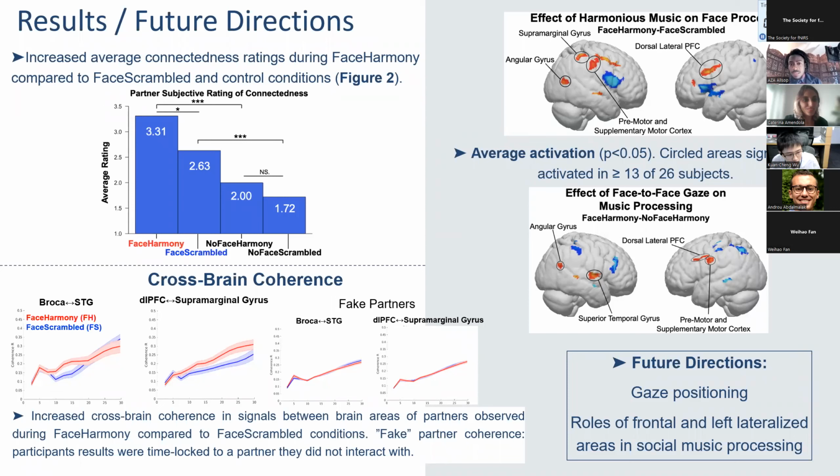And if you look at the GLM, we see that certain areas like the angular gyrus and dorsolateral prefrontal cortex show significant activation when harmonious music is being played in comparison to scrambled music. Importantly, when we looked at coherence in certain areas of the brain like Broca's region and the LPFC, we saw increased coherence during harmony versus scrambled conditions, which wasn't seen when we aligned those signals to partners that weren't actually paired. And so there seems to be some effect of harmonious music of not only modulating the subjective feeling of connectedness